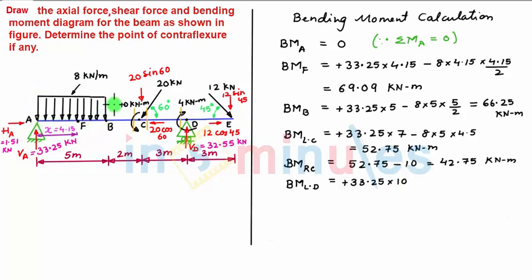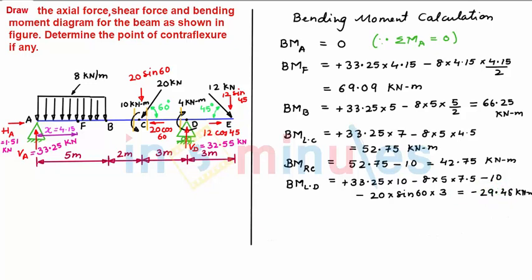Then there will be an anti-clockwise moment due to this force. So we have minus 8 into 5, this is the magnitude of the force, and its distance will be 2.5 meter of this span, then plus 2 plus 3, so 7.5. Then there is an anti-clockwise moment of 10 kilonewton meter, so minus 10. Then there will also be an anti-clockwise moment caused due to this downward force of 20 multiplied by sin 60, and it is acting at a distance of 3 meter from point D or this section. So we have minus 20 into sin 60 multiplied by 3. So the magnitude comes out to be minus 29.46 kilonewton meter.